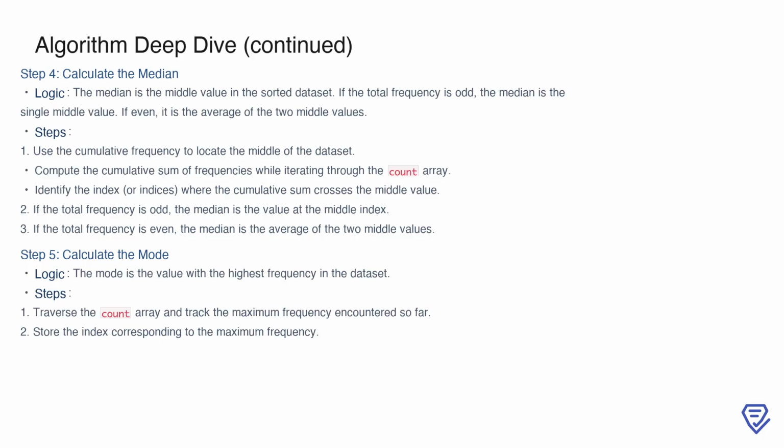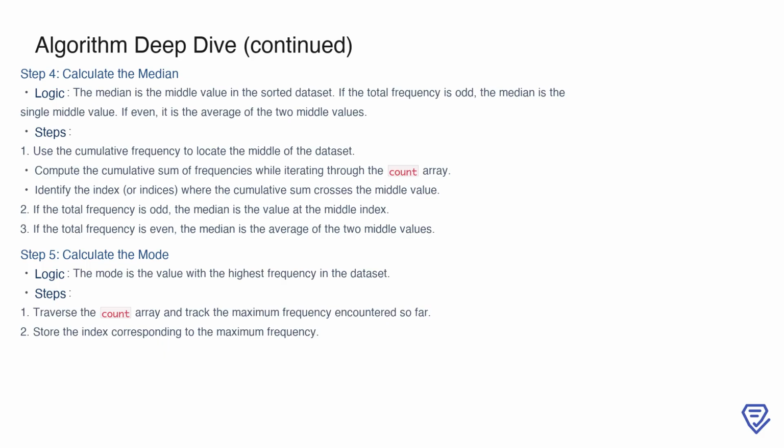To find it, we use the cumulative frequency approach. As we iterate over the count array, we keep a running total of frequencies. The median corresponds to the index where this cumulative sum crosses the middle point of the dataset. In cases where the total frequency is even, we'll need to identify the two indices around the middle and compute